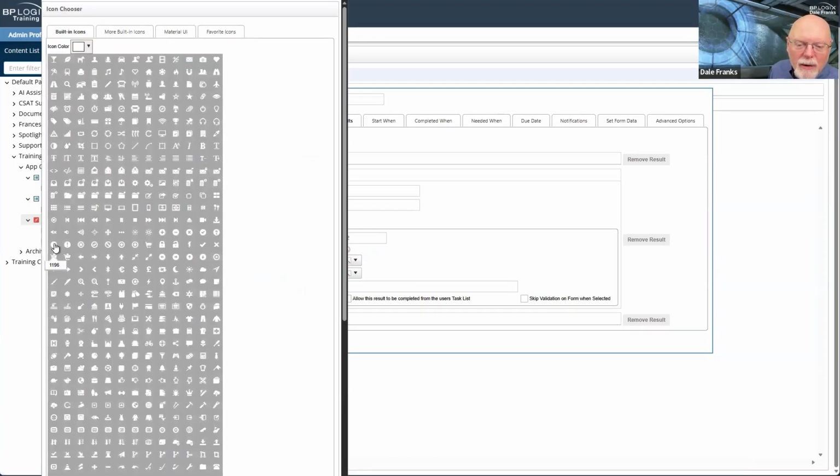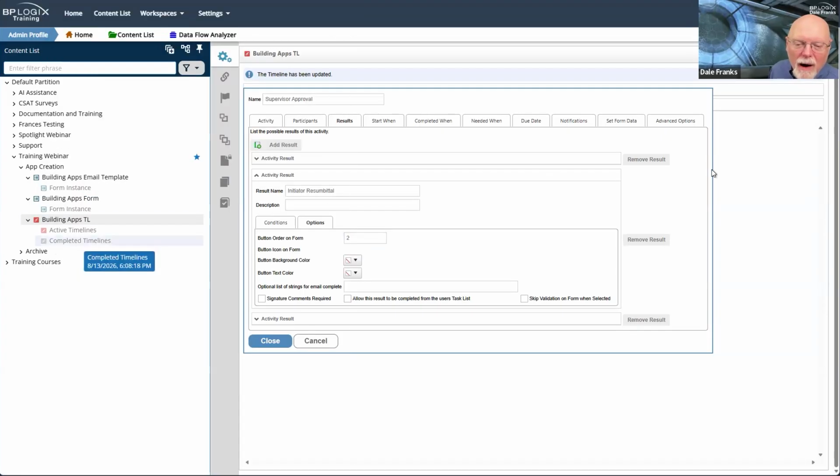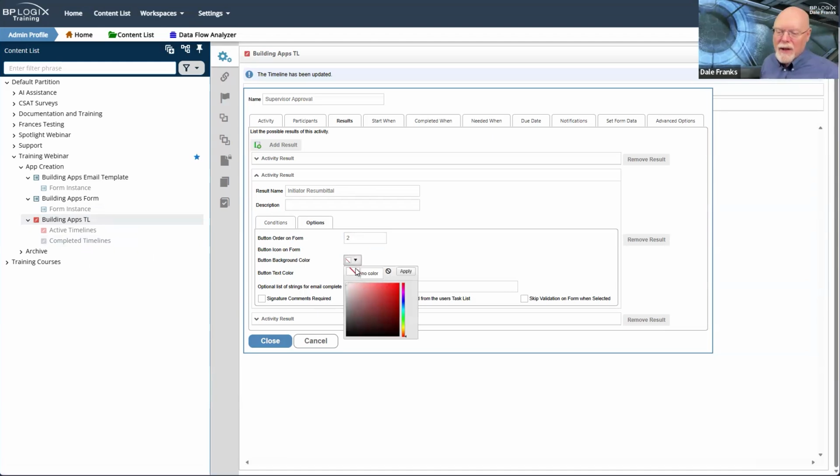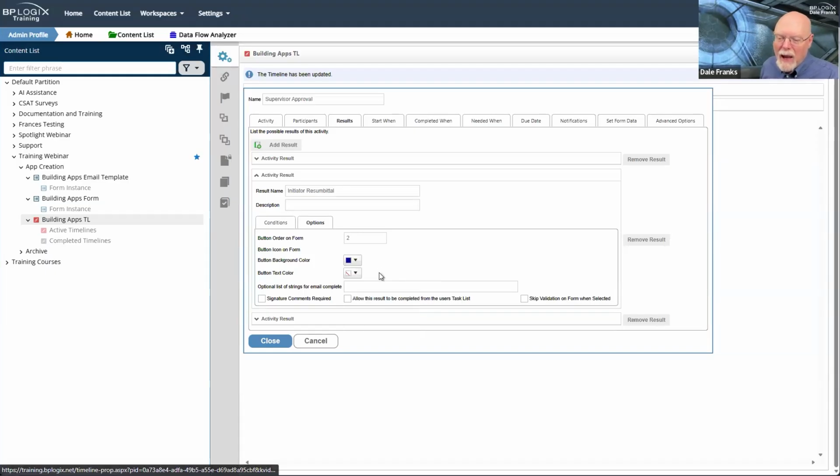And I'm going to use the little info icon for this one. And I'm going to set the color here. So for this, I will just pick some sort of blue color. I guess that's okay. And I will set the text color as white.